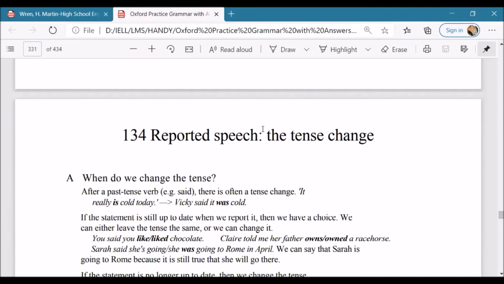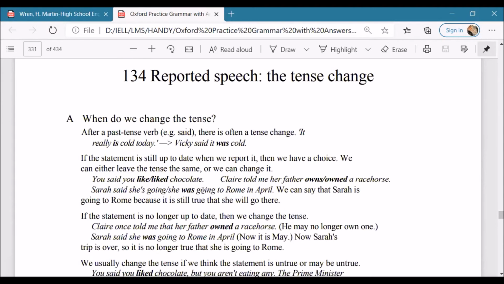Now in reported speech, we are talking about the tense change. So now we are clear how, according to the context, we have to change person, place, and time. Now we have to make certain tense changes. So this is how we would do it. Now it would depend on the reporting speech and reported speech. If the reporting speech is in the present, the reported speech, the speech that was said, would remain the same. But when we have that in the past, the changes would be made accordingly.